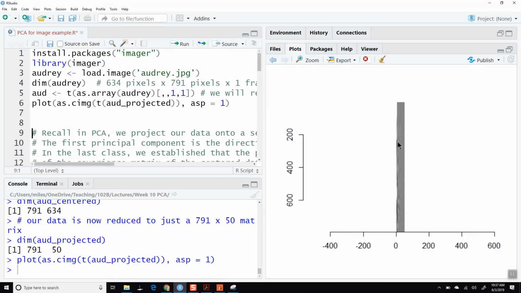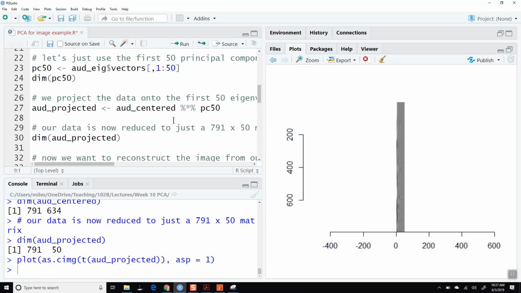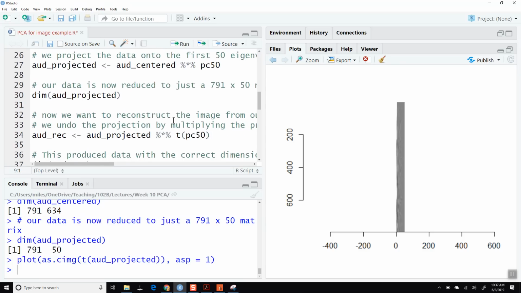It's 791 pixels or rows by 50 columns. This doesn't look like anything. We cannot make sense of it. However,